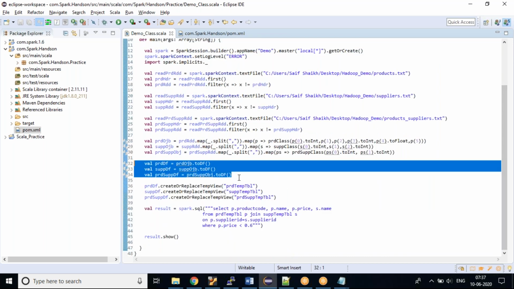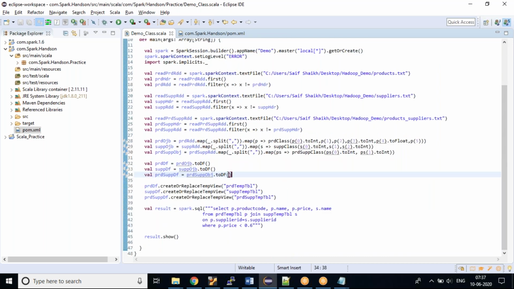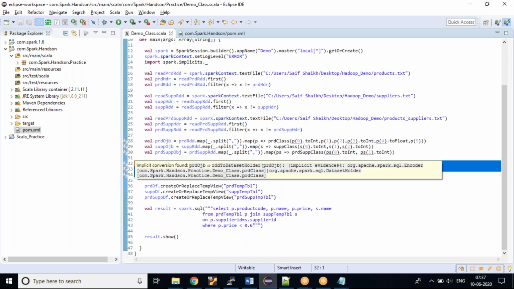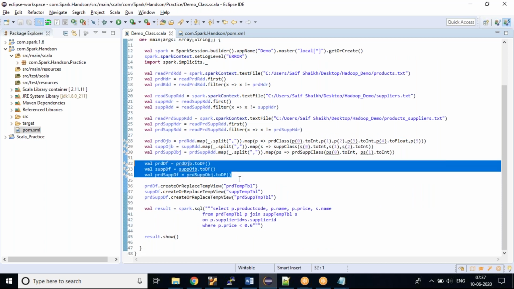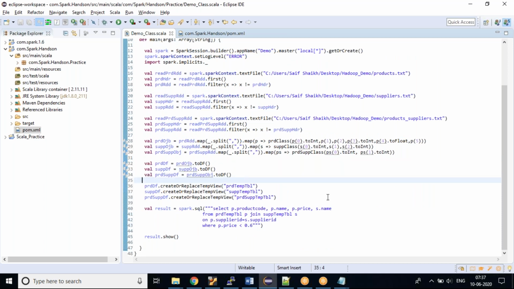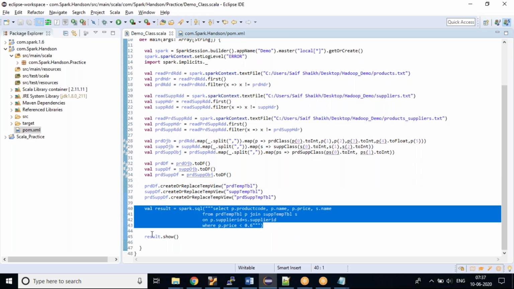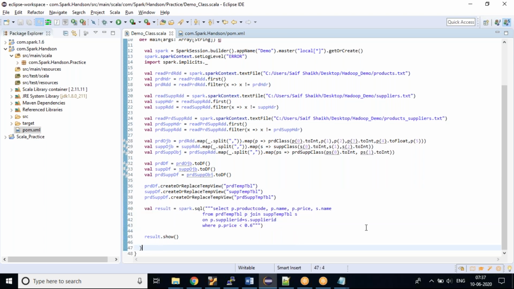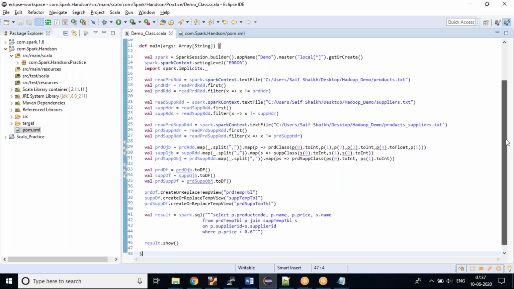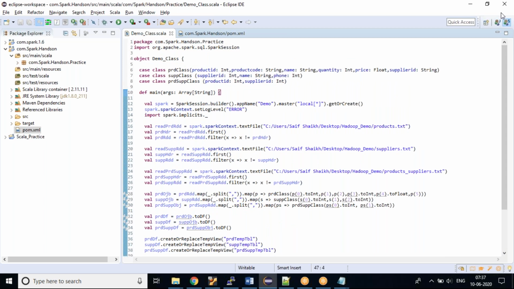After that, I could have written the queries on this data frame using the DSL method, that is domain specific language. But here I wanted to show you SQL queries because people are well versed with SQL. So I've created a temp table and written a small query on top of that, and this is the result which has been displayed. This is what we have done in this.